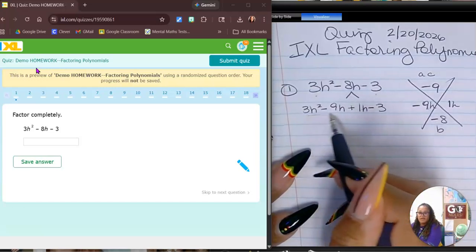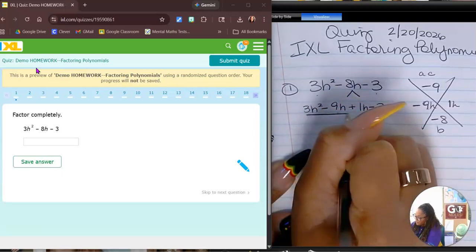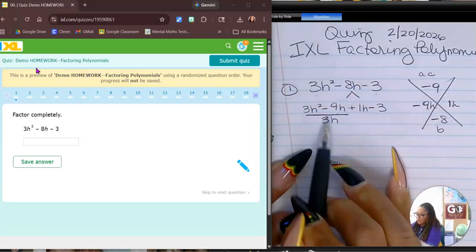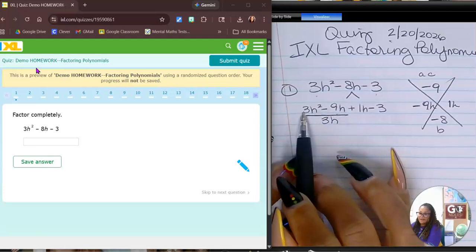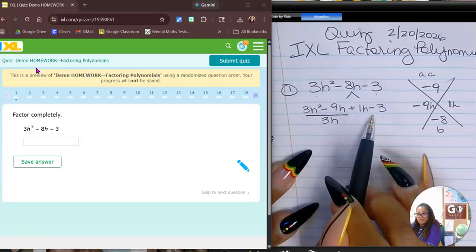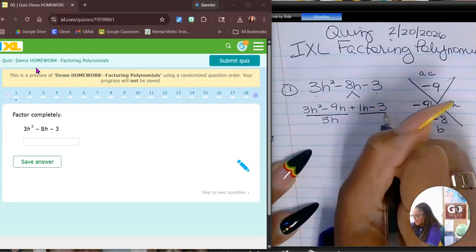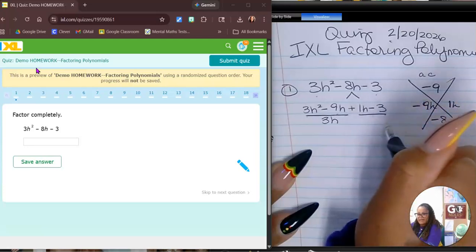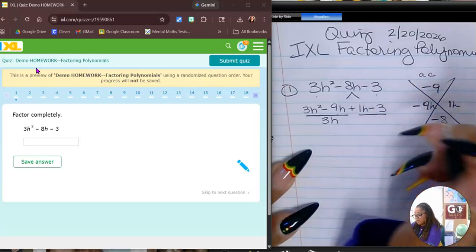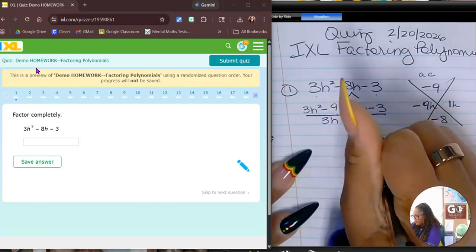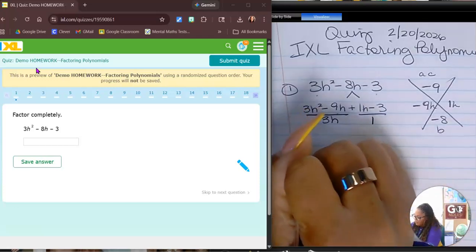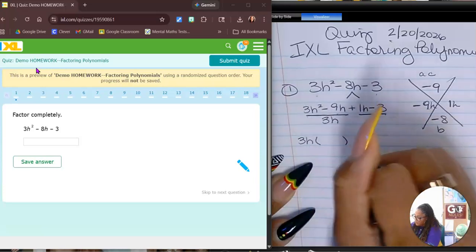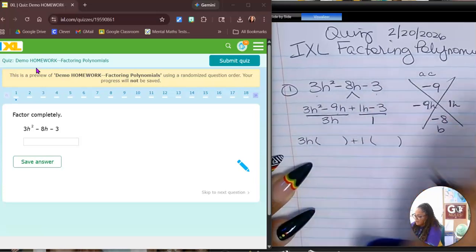Then we would find a common factor for these first two. Here it would be 3h. There's always going to be a variable that they have in common. If I don't see a common h, then I'm not doing this correctly. And here this will always be a constant that I divide by because they don't have any variables in common. And this is going to be 1 because the only thing 1 and 3 have in common as far as factors is 1. Then I will rewrite it as 3h in a new group plus 1 in a new group